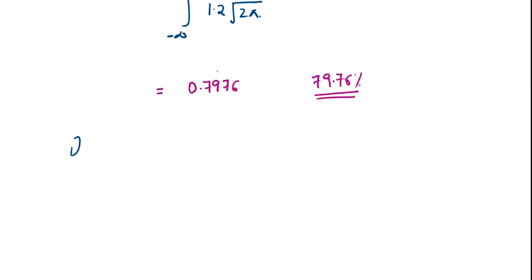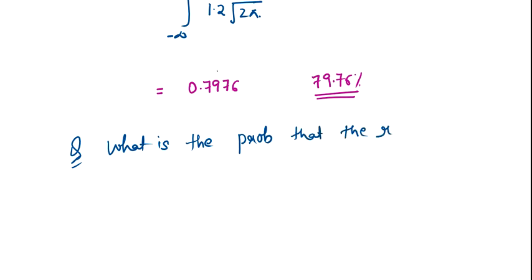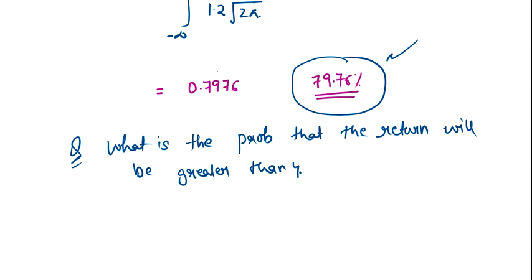If I am writing the question like this, try to understand what this 79.76% tells you: the probability of the return less than 4. So if I want to know the probability of the return greater than 4, simply I can do 1 minus